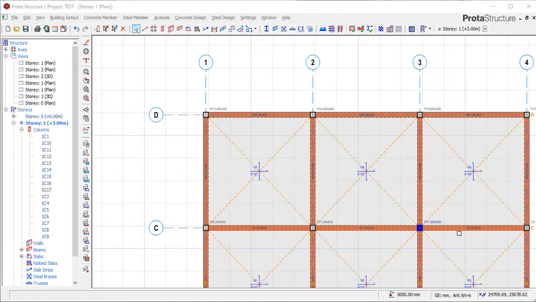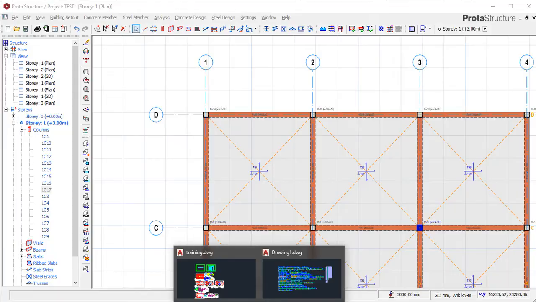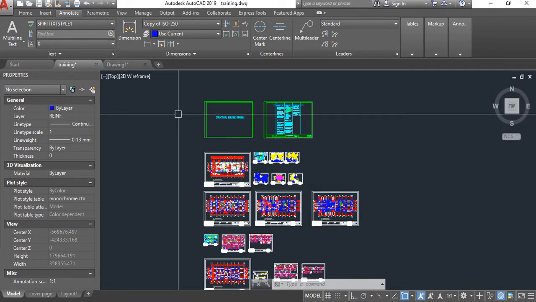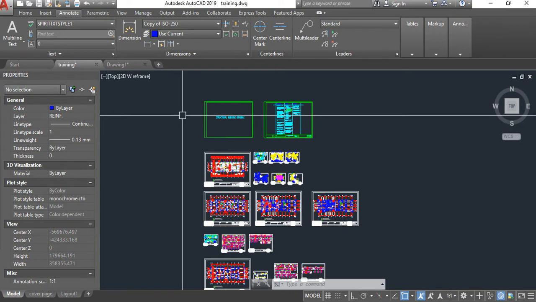I really don't know much about AutoCAD, but I will show you something. If your AutoCAD has this feature, then you can also convert